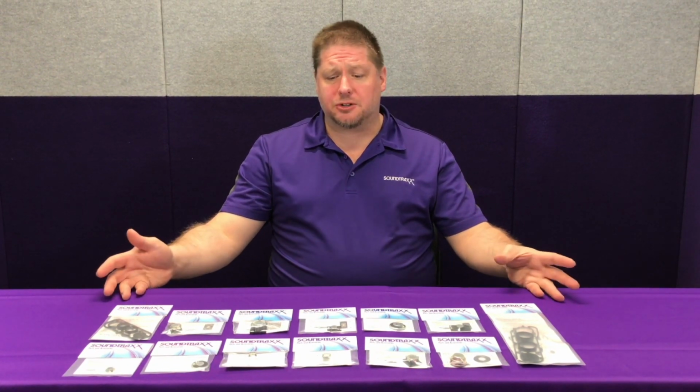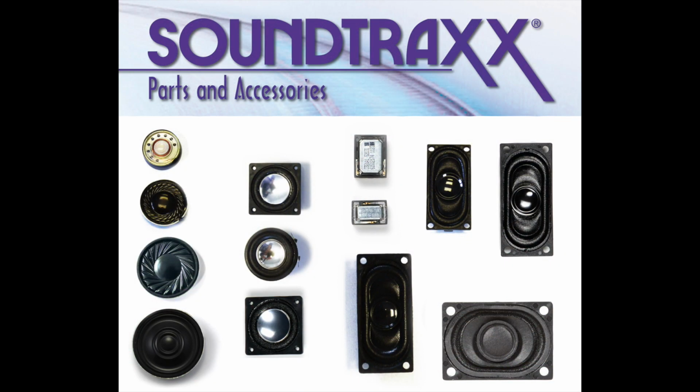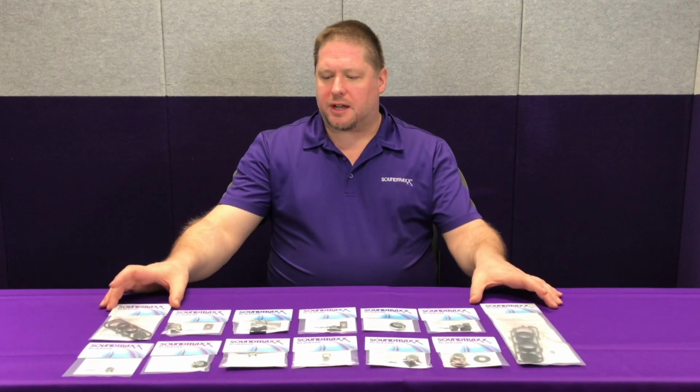Today we're going to talk about speaker selection and how to pick the best speaker for your model. In our product line at SOUNDTRAXX, we have a wide range of different speakers, sizes, shapes, and power outputs to best fit that manufacturer's model that you're working on. And we've also got accessories such as speaker baffles and speaker gaskets that can also help with your installation. So let's take a look at the details of what you need to do to select the speaker for your